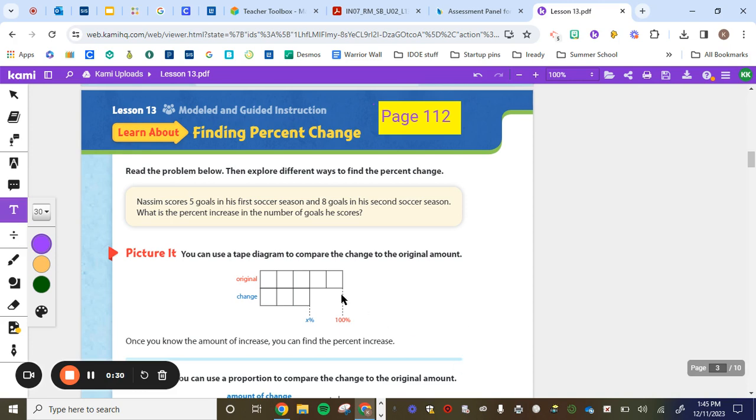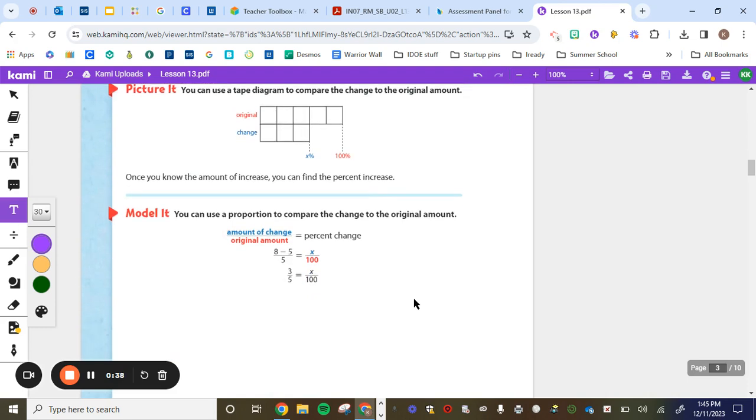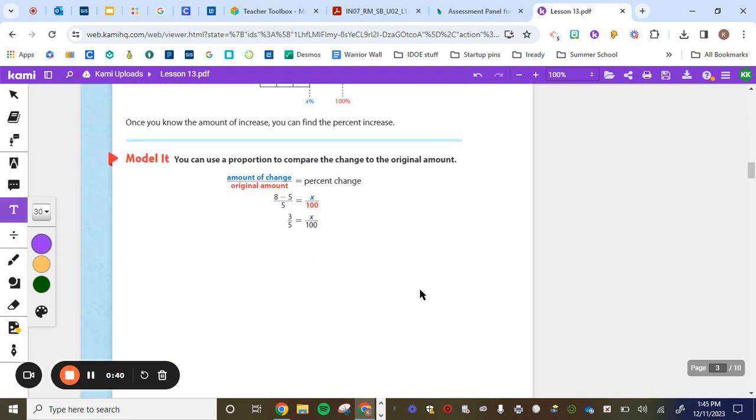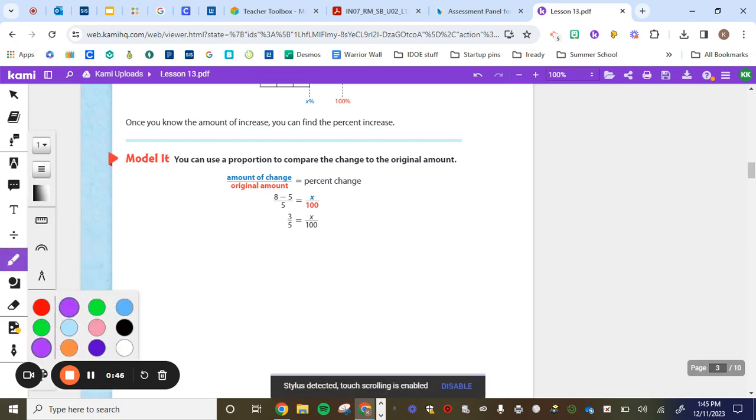So the picture, it just gives you a visual. We can say that his change is going to be less than 100%. But I personally think the proportion way is a lot easier. But no matter which way you use, you're going to want to write these 3 things down. So every time you have a percent of change question,